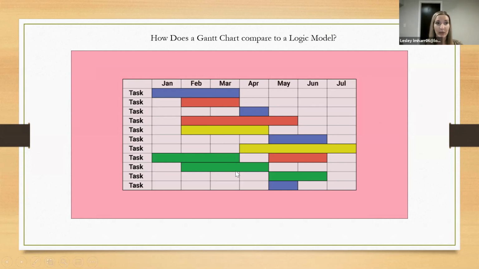So I wanted to share with you what a Gantt chart is really quick for those of you who are curious, and really compare and contrast it to a logic model. Both a logic model and a Gantt chart have in common that they help us stay on track, and they help us lay out a plan for our program evaluation or our research project in general. How they differ is that a Gantt chart is really just a timeline that helps us keep on track with our tasks.